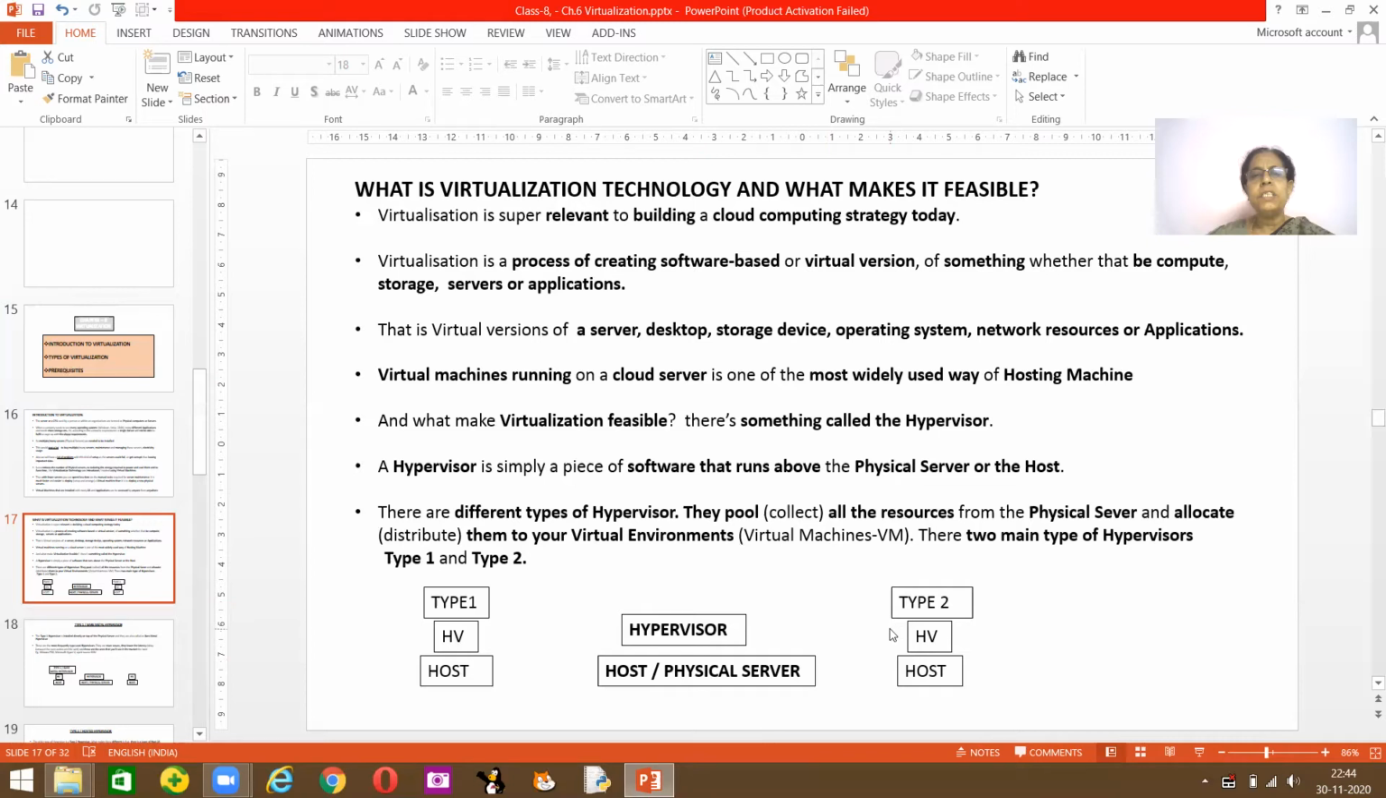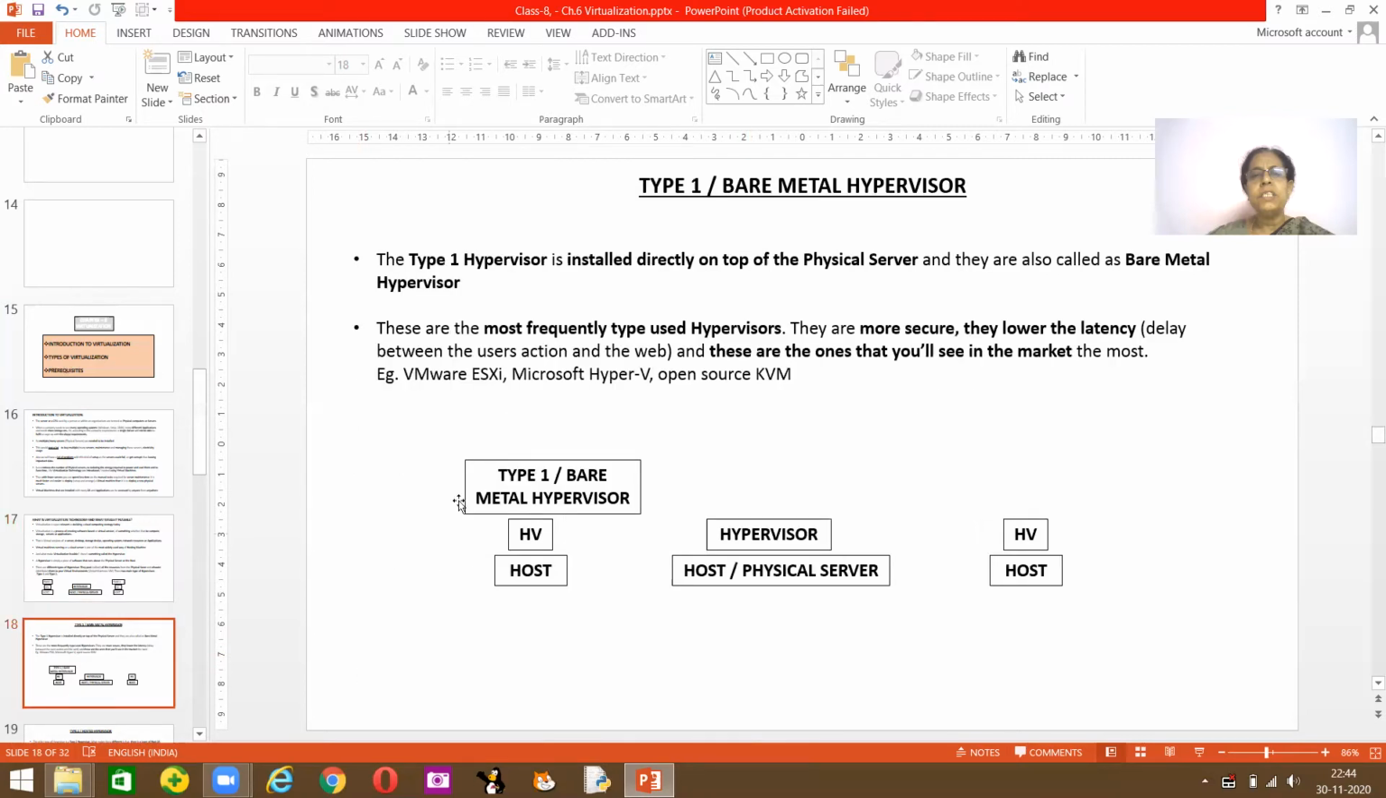Now there are two types of hypervisors. They are called type 1 and type 2 hypervisors. Let's learn about type 1 hypervisor. What is type 1 hypervisor? This type 1 hypervisor is directly installed just on top of the physical server, the host server. Since it has this nature, it's called a bare metal hypervisor. So type 1 hypervisor is also called a bare metal hypervisor, and it is installed directly over the physical server. This is very much available in the market, and you will see a lot of these hypervisors in the market because